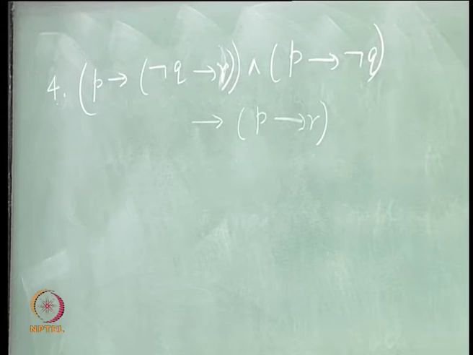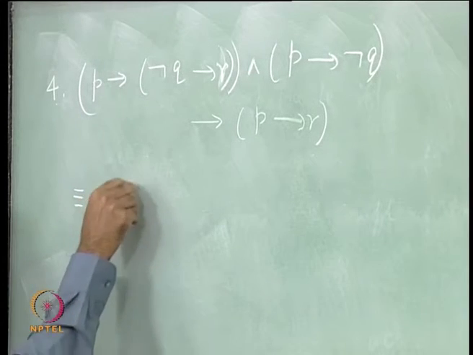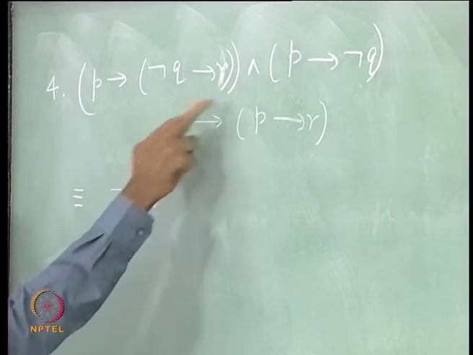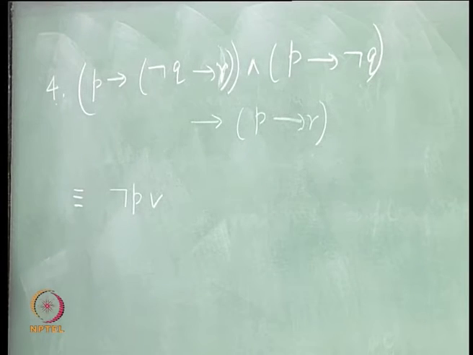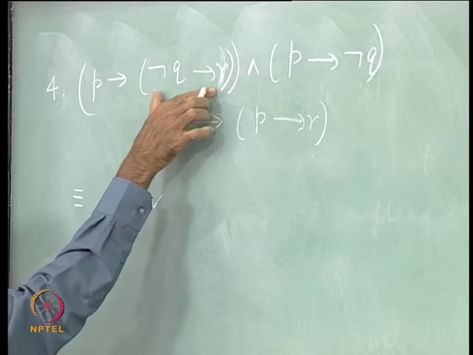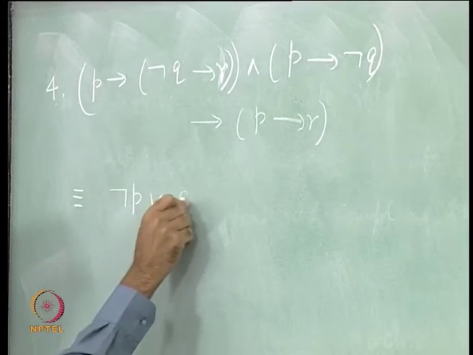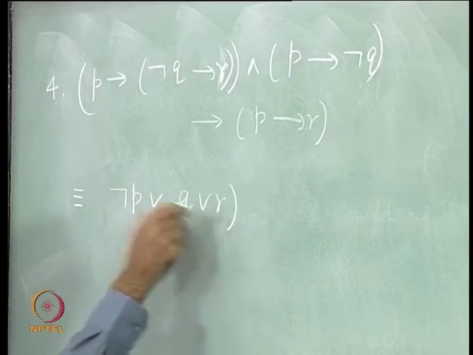So start eliminating. This is equivalent to not P or, the first proposition before this and. So not P or this. So that will be again not of not Q which is Q, or R,